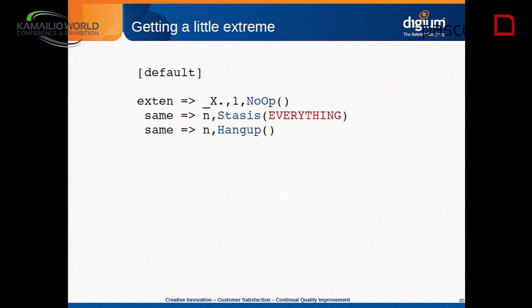It's worth it. So you still need a little bit of dial plan, but I'm just going to throw all my calls in there. Everything that comes in on the server, I'm just going to throw into Stasis and say, my external application, you control it. And so now this same dial plan exists on all my servers, and I don't have to update them when I add a new customer or do anything else like that.